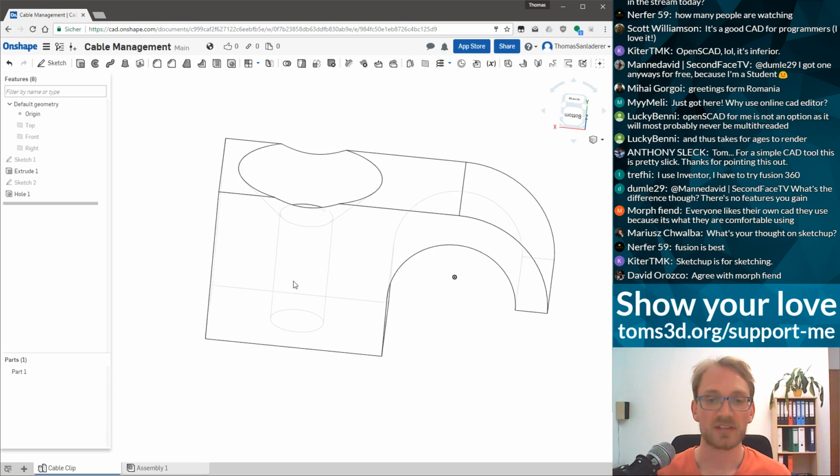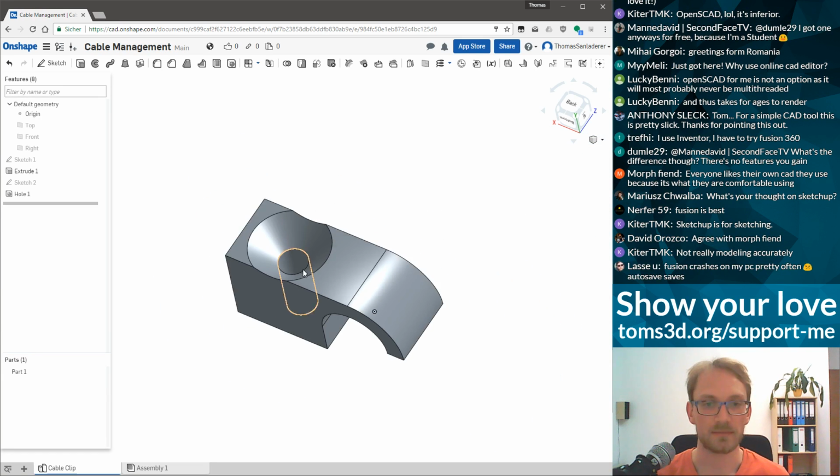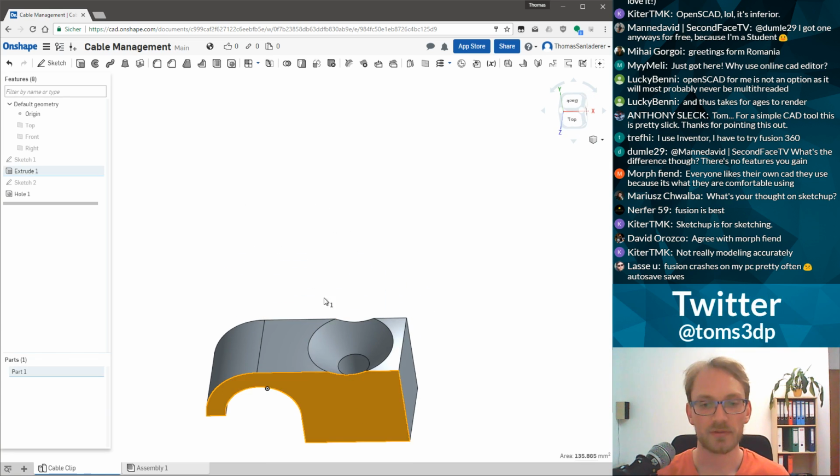SketchUp is for sketching. Yeah, SketchUp sucks, especially the STL export. That is horrible. Shaded. Okay, there is our first part. Maybe add a few. So the idea is it's going to be printed with this surface laying down on the